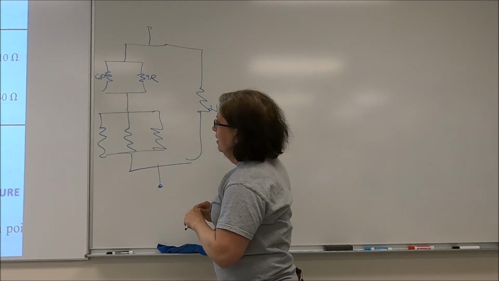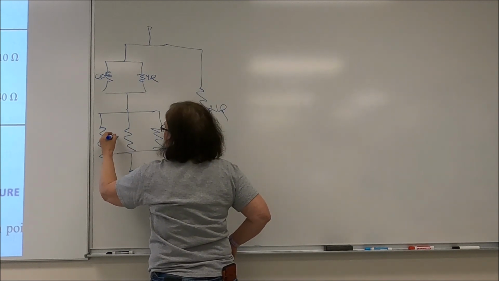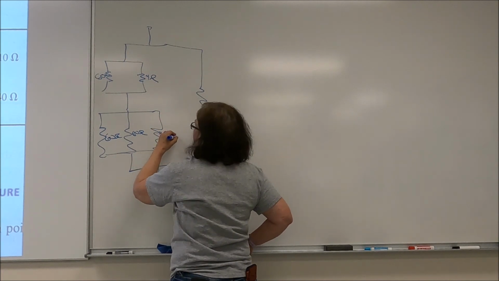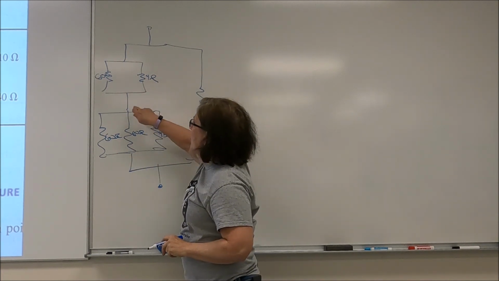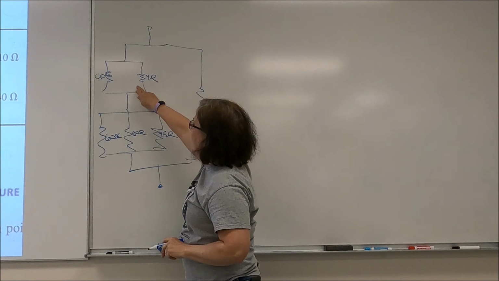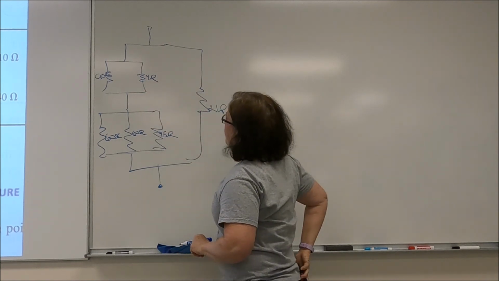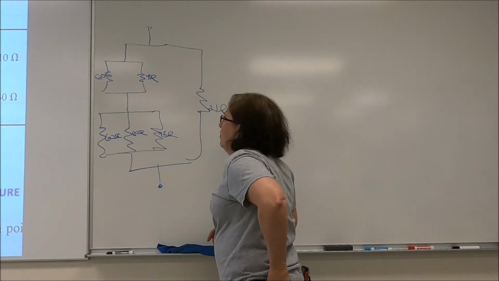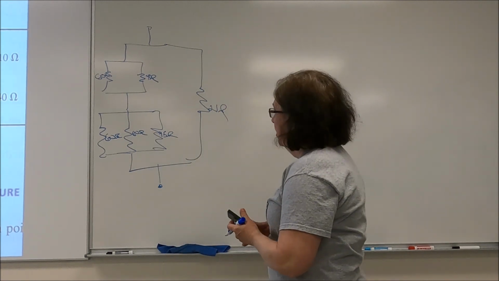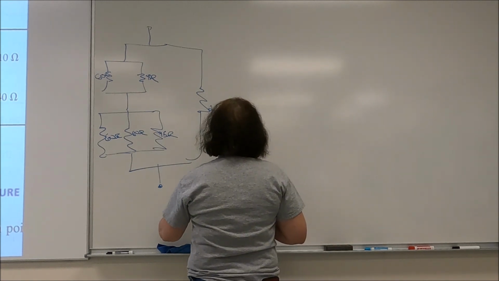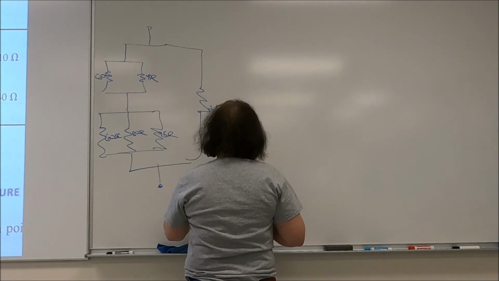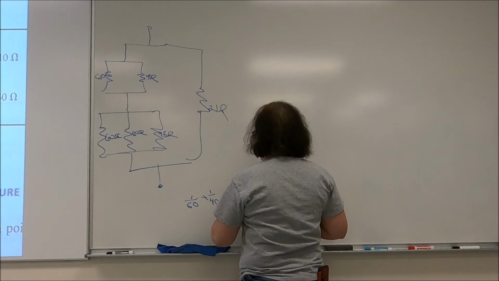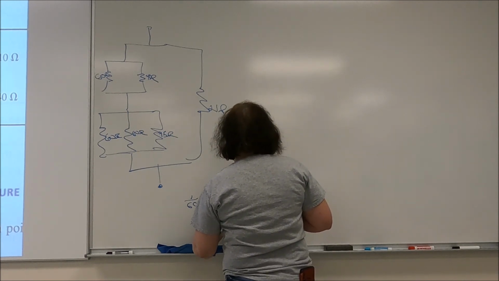This is a 60 ohm, a 60 ohm, and a 45 ohm. First thing I'm going to do is eliminate this combination. Since those are in parallel with each other, I know that 1 over 60 plus 1 over 40 has to equal 1 over R equivalent. So R equivalent